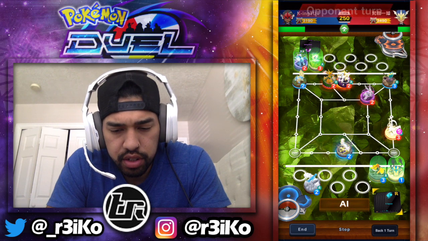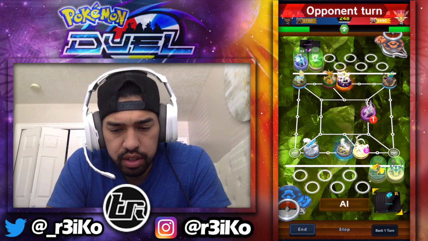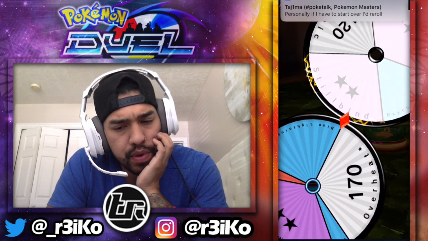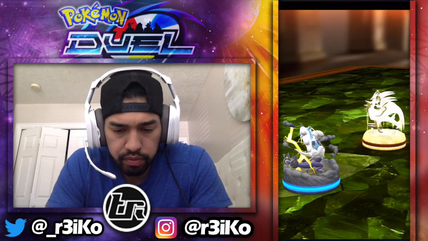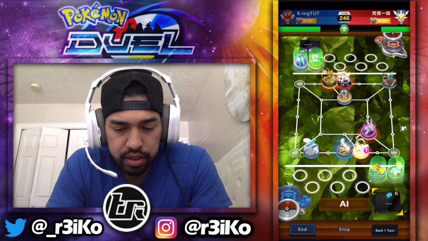Yeah, take entry. He moves up. He has to stop. Because of my ability, I bring on Altaria. He moves up, and then I attack here. Looking for a huge miss there, but it doesn't happen. But I am going to switch here. And we are able...